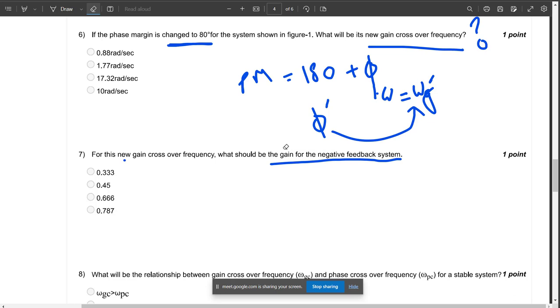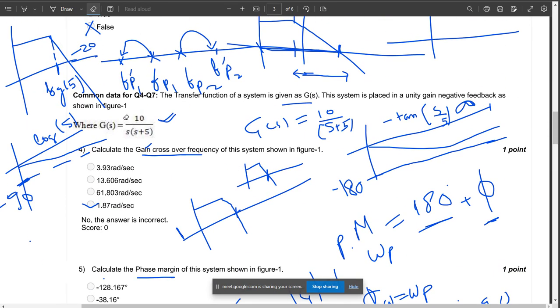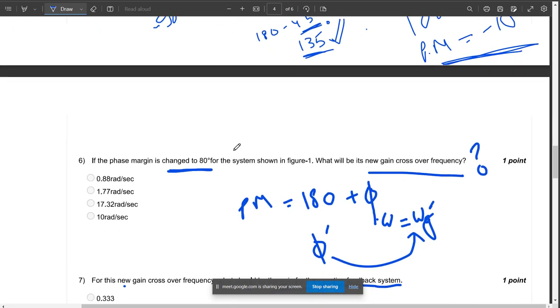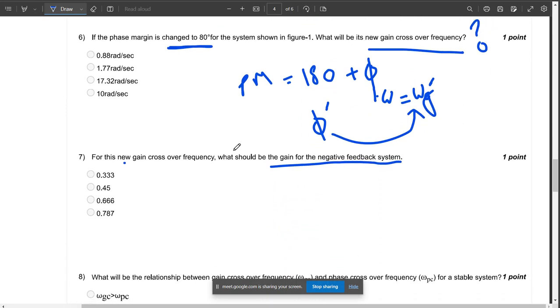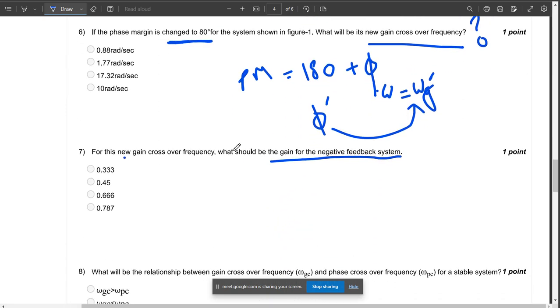Ma'am, what is the transfer function? Can you show once more? Okay, wait, I'm Okay, ma'am. okay. Ma'am,